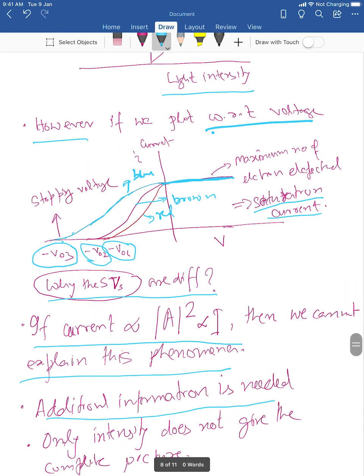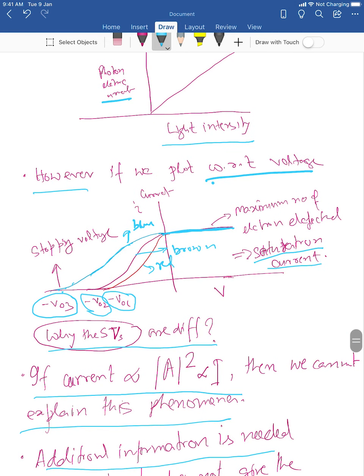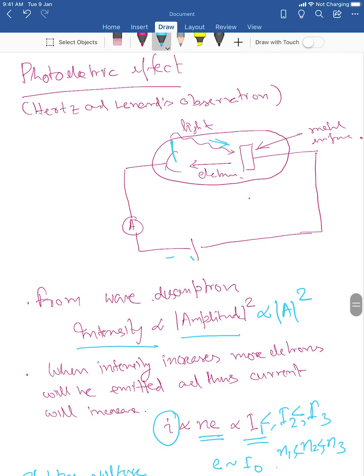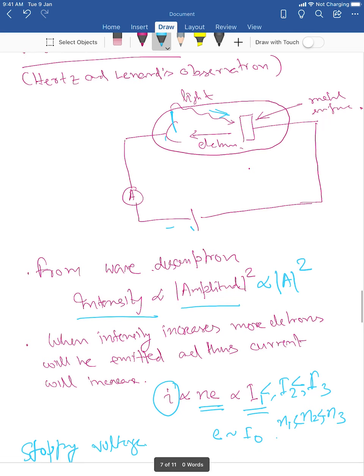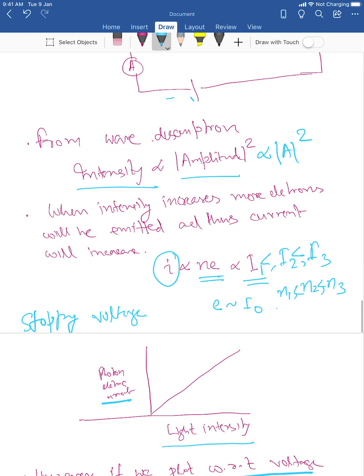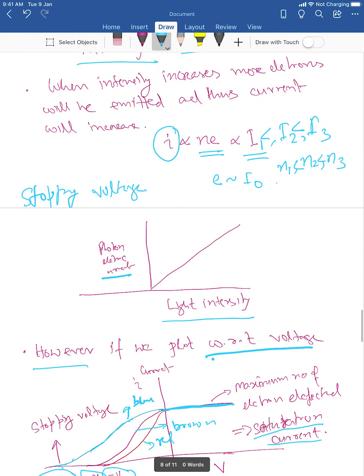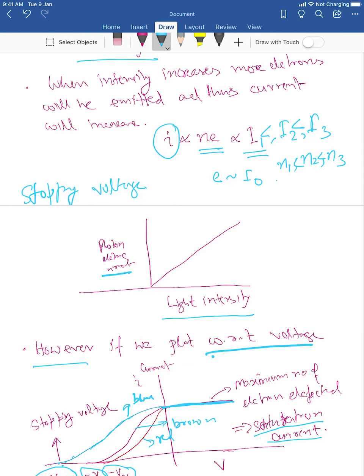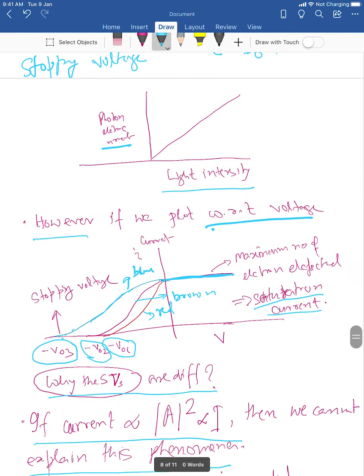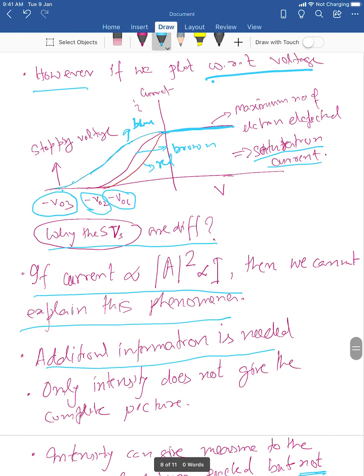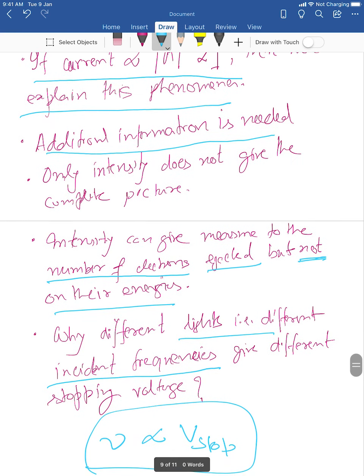There is one more thing that I'll come back to in the next section of the lecture: all the things that I told you are valid for one metal surface, which is here. If you change the metal surface, then again the picture will change, because different metals have different binding energies. In some metals the electrons are loosely bound, and in some metals the electrons are very strongly bound. So that is another feature.